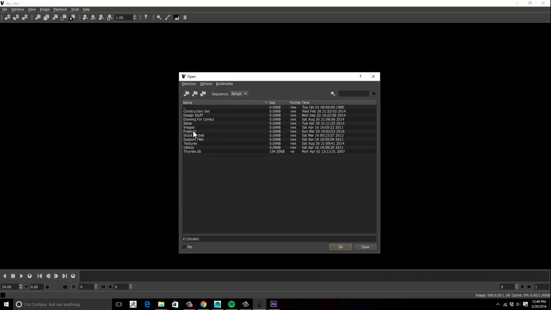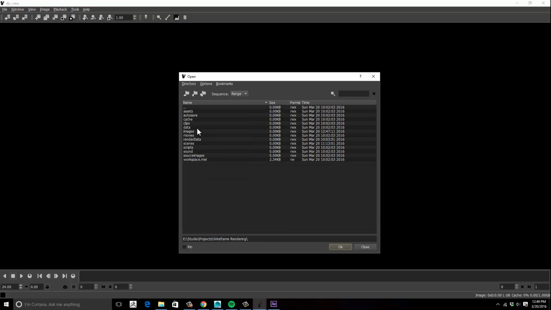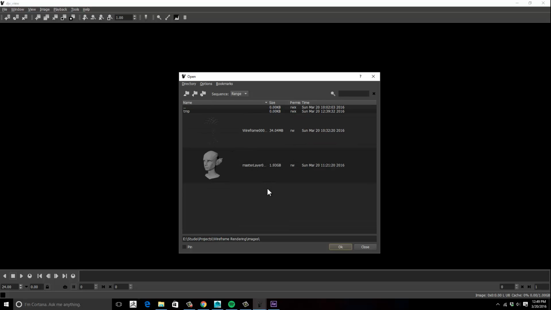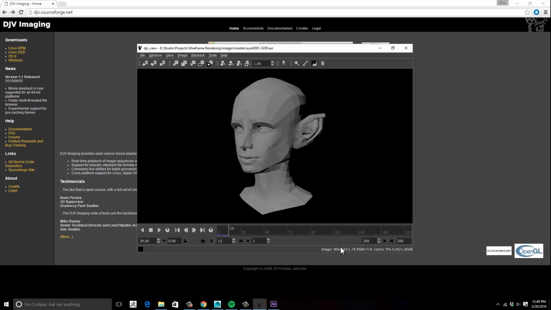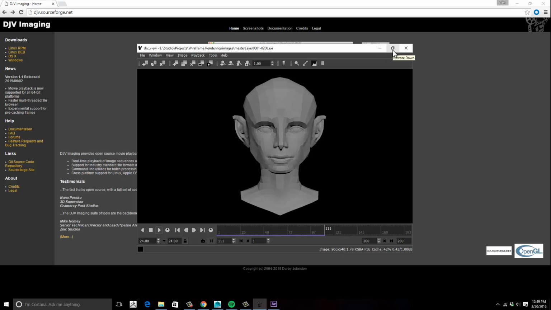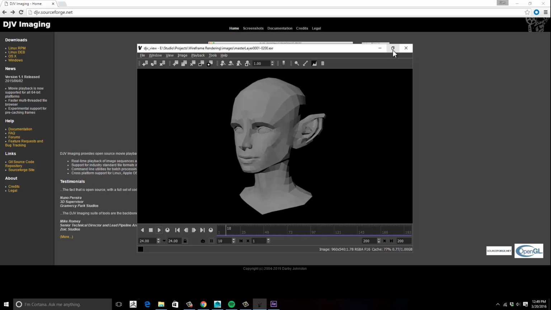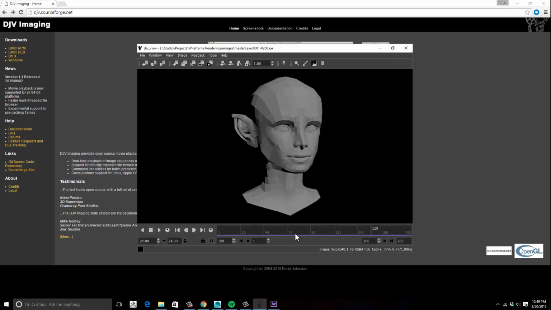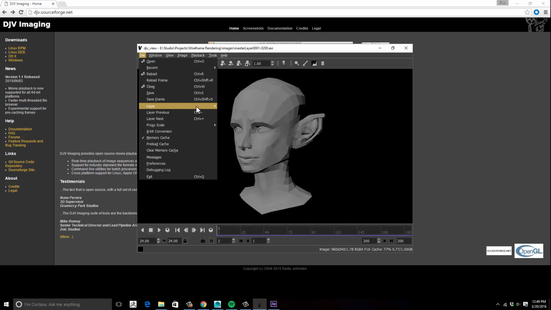To find my file, wireframe, images, and then I have this master layer. So if I open that up, it'll open that whole animation up and play through. Like that. So what I can do here now is I can go to File, Layer, and I can view